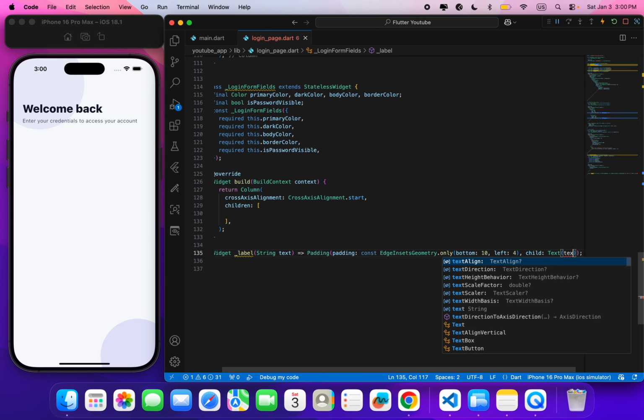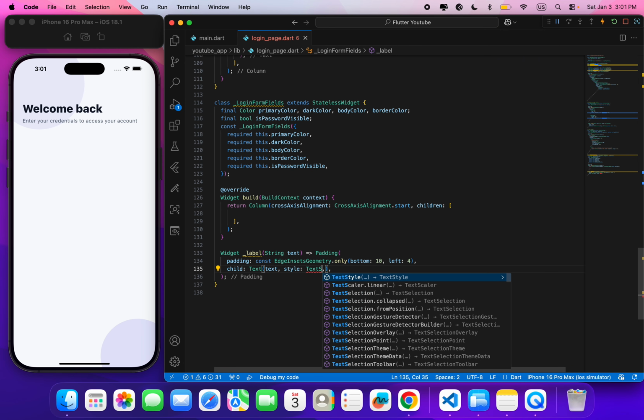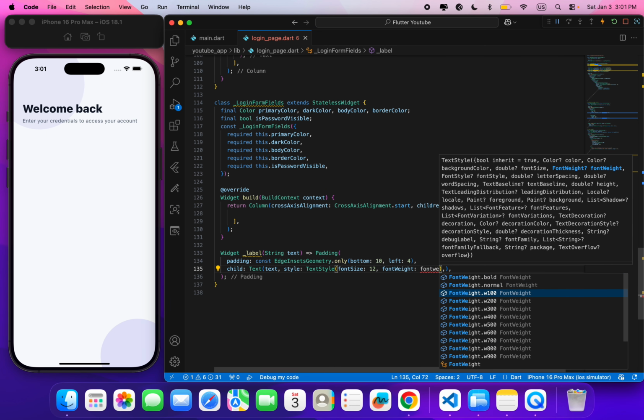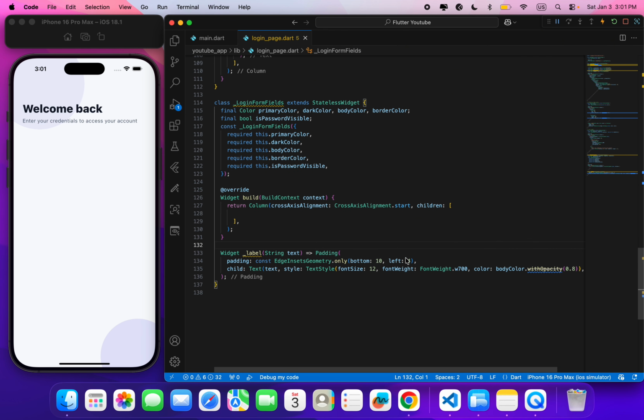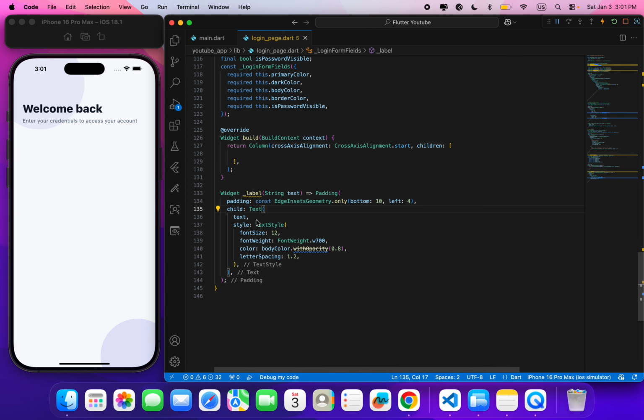Okay, the text is actually passed from the parameter and I format it. Text, and we can style the text style, font size 12, font weight 700, color. Okay, use the parameter body color with opacity 0.8. Last is the letter spacing 1.2. Okay, so we are done with the label widget, so we can use it here, call this label and pass the